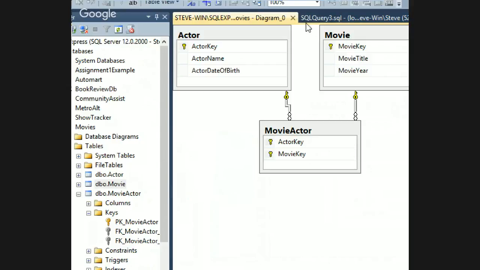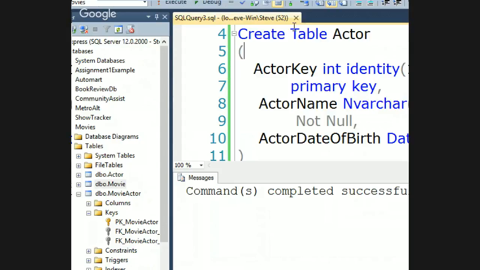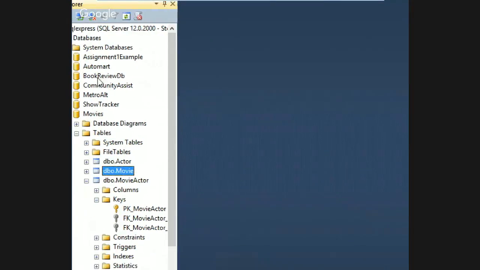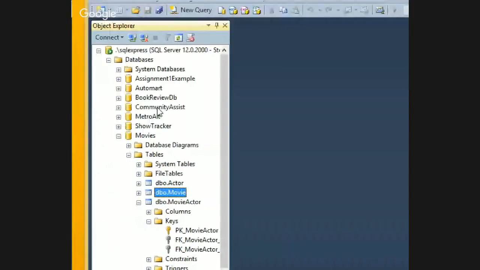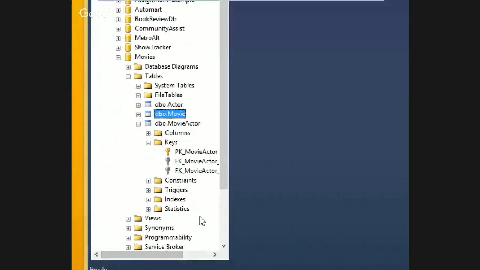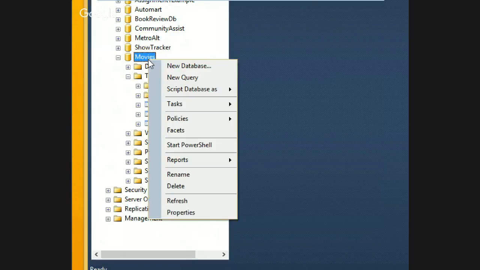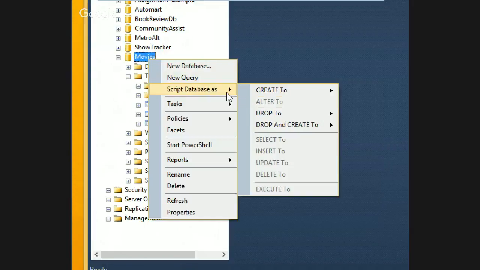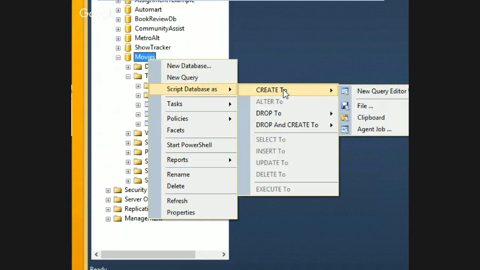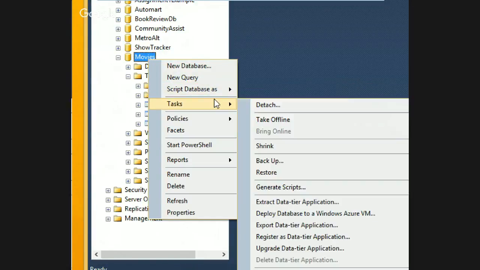All right, so two more things I want to show you, and then the rest of the time you can work, or we can give you time next time to work. I want to show you how to move these files because you asked about the thumb drive thing. There's two ways you can do this. One way is you can script it. I want to do tasks, generate scripts,